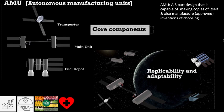So the intended purpose again of the AMU is to solve manufacturing, move manufacturing away from Earth, particularly heavy manufacturing. All the heavy polluting industries can safely in the future, as is hypothesized, move to an AMU facility, whether an AMU facility is in the shape that you see, or if it's a kind of Walter B. Myers kind of design of a hollowed out asteroid, and you got manufacturing happening in there,